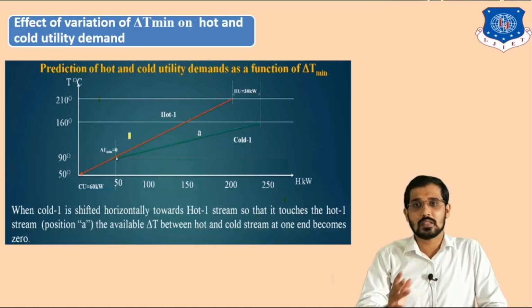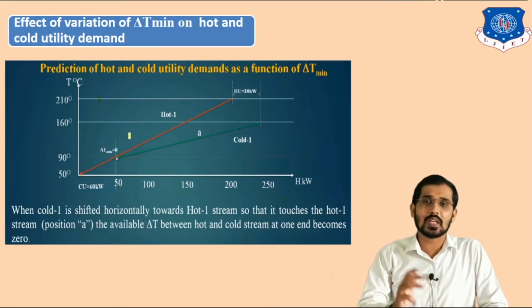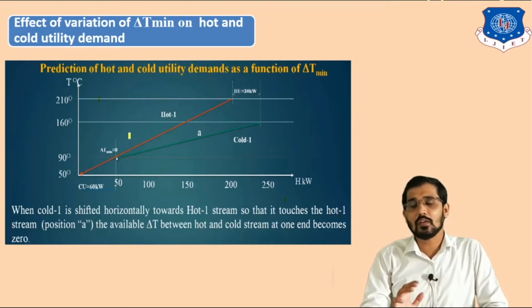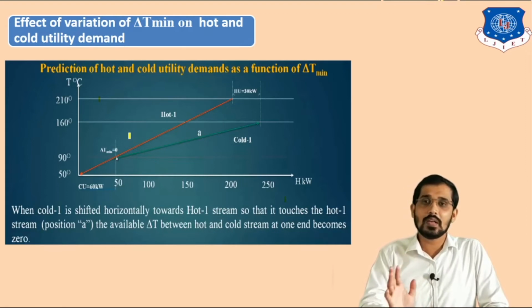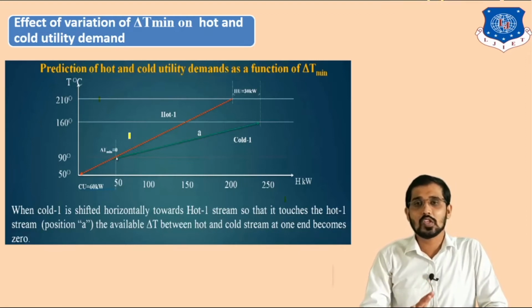In process industries like this, various streams are available. All these streams can be plotted in a TH diagram. Similarly, we can also draw H2 stream, H3 stream, which are hot streams, and C1, C2, C3 up to Cn streams, which are cold streams. So how to draw this diagram? I told you in the last lecture as well. By using MCP delta T, you can calculate the enthalpy values, then just plot T values against the H values, and you will get such a graph.